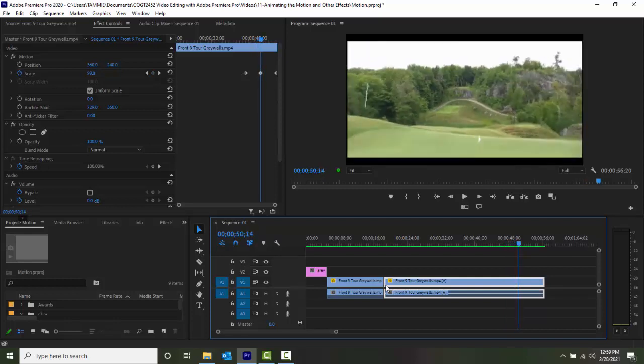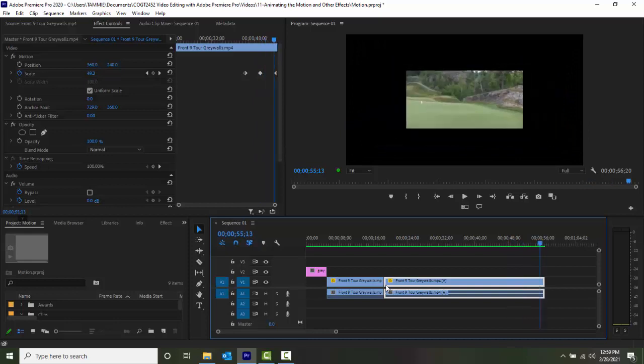And so by adding these keyframes in the scale motion effect, I have changed the size of the clip. Now you can do this with images as well. It's the same exact process. You can just add the keyframes in, and you only have to add 2 of them. You can go from one particular scale to the other. I just did it 3 times to show you that you can go back and forth, whatever you like. So this is animating the